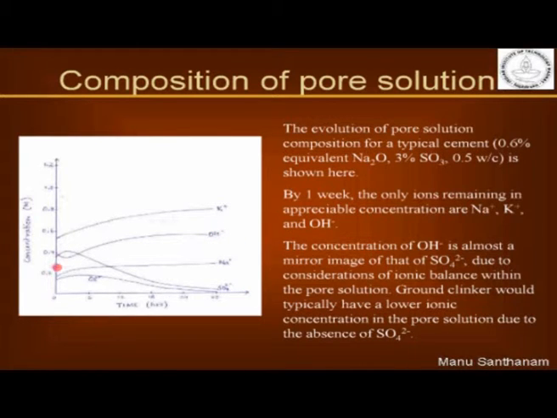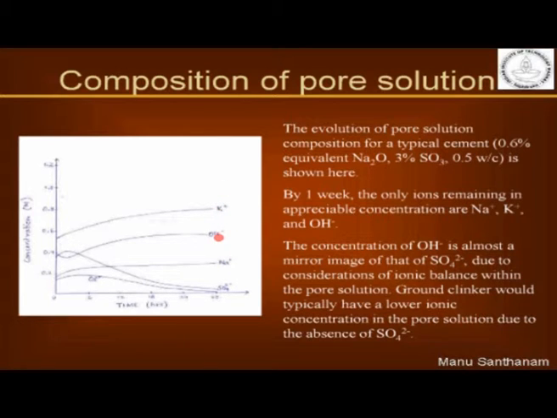Sulfate, in the beginning it is high because your sulfate phases are dissolving, but then as sulfate gets converted to ettringite and monosulfate, the sulfate keeps getting consumed and becomes almost zero in the system. So if you take a concrete that is hardened and you press out all the water from inside the concrete, you will find that if you do an ionic analysis of the water, it only has sodium, potassium and hydroxyl ions, Na plus, K plus